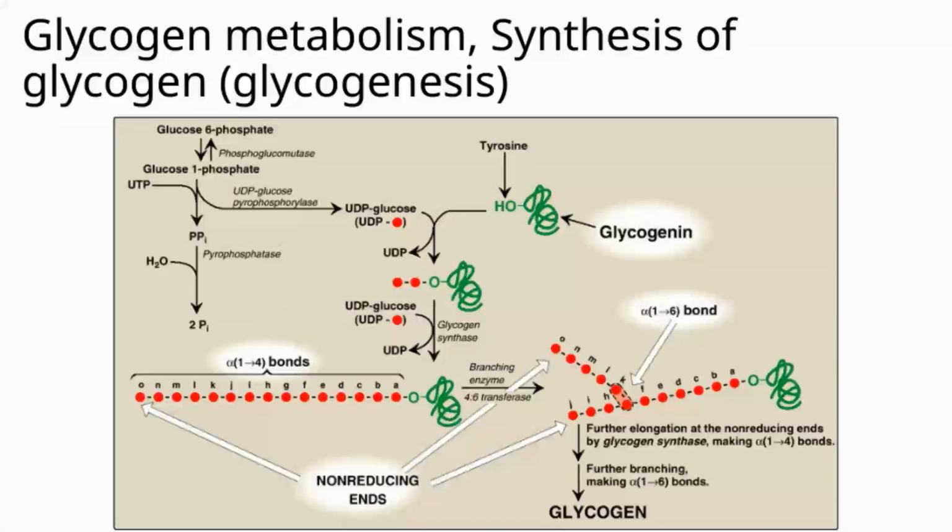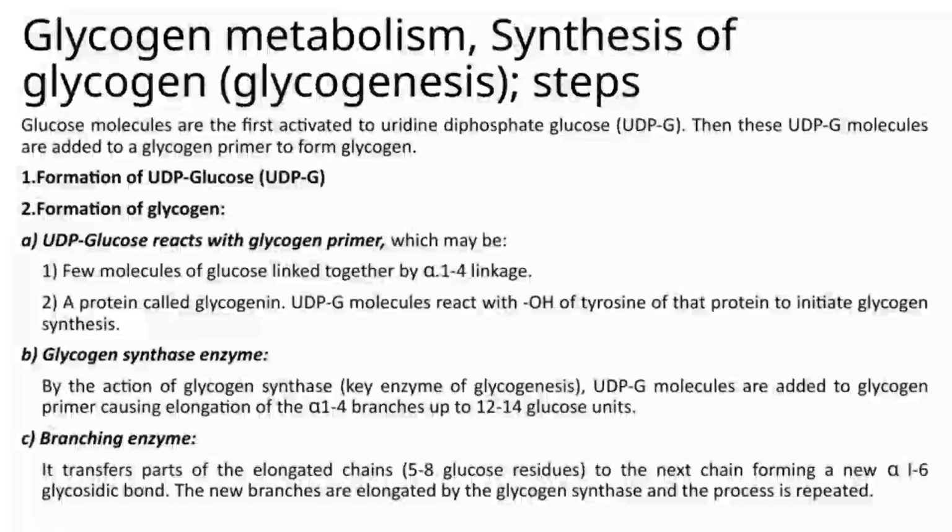Now let's delve into how glycogen is synthesized, a process known as glycogenesis. First, glucose molecules are activated by converting them into a compound called uridine diphosphate glucose, or UDPG for short. This activation is essential because it makes the glucose more reactive and ready for incorporation into glycogen. Once we have UDPG, the next step is to add these molecules to a starting point, or primer, to build